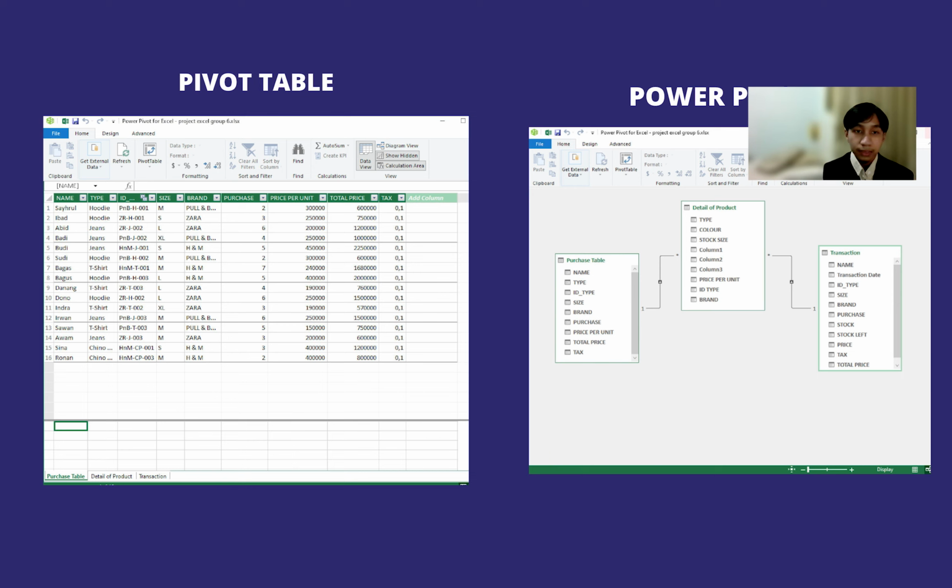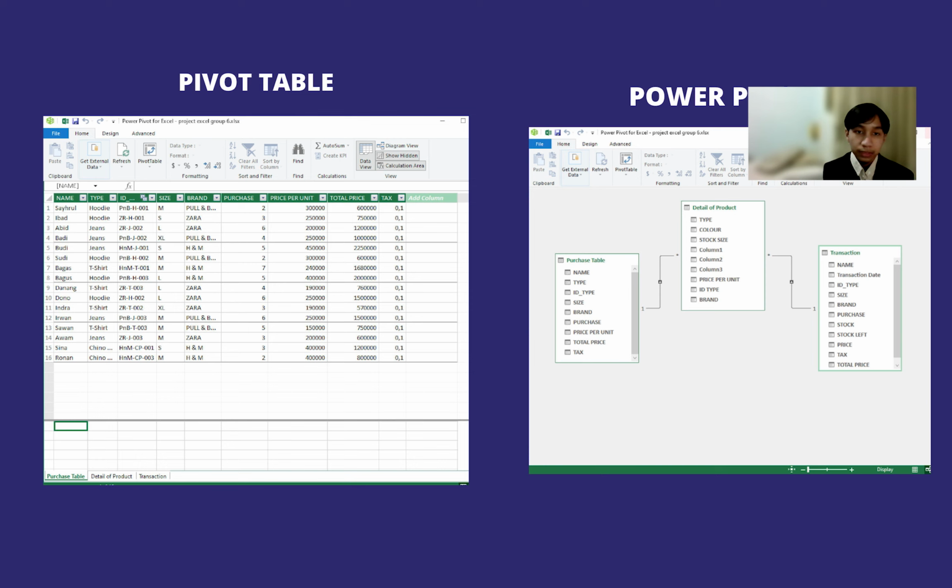And for the next slide, we can use pivot tables to summarize, analyze, explore, and present summary data. Pivot tables are an interactive way to quickly summarize large amounts of data. Pivot tables can be used to analyze numerical data in detail and answer unexpected questions about the data.